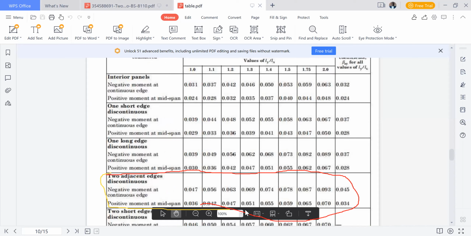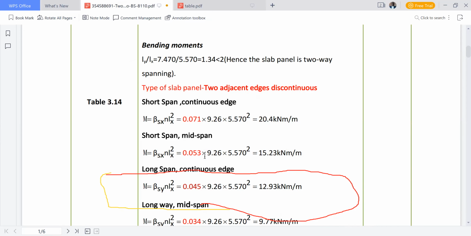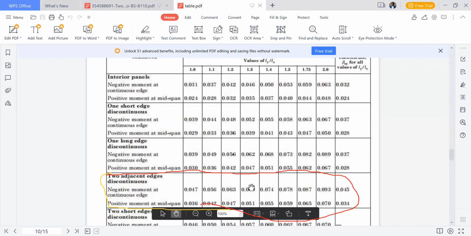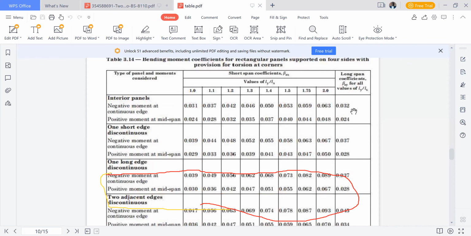We look at 1.3, 0.051, 1.4, 0.055. So what about 1.34? Using interpolation, we find the value is 0.053. And then for longer span, here we need these two values. For longer span, you don't consider the ratio. For longer span, I'll move along two adjacent edges discontinuous. I move along that. And the last column here, I take the coefficient